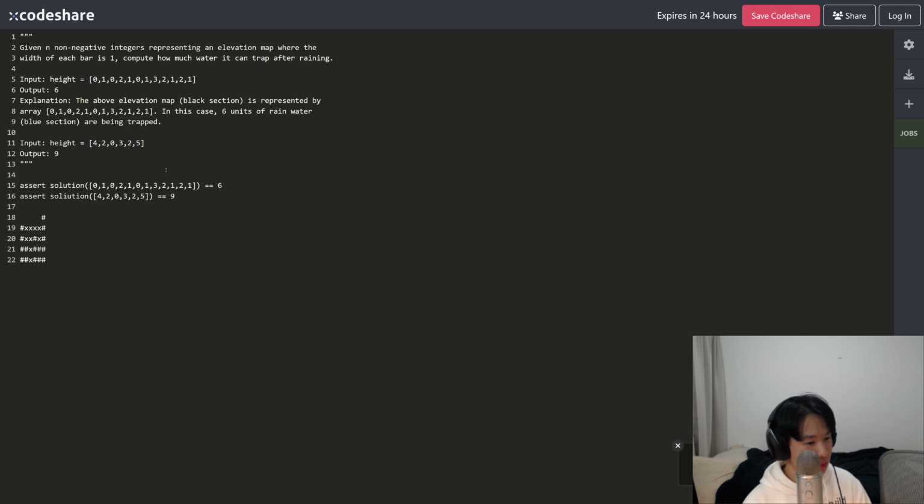I see that it can't be the right wall because it's not as tall as the fourth wall. Sorry, it's not as tall as the four wall. So I do four minus zero, which is four, and assume that I can store 4 units of water above this array location. And then once I find a wall that is,